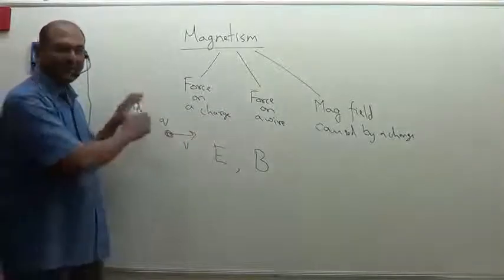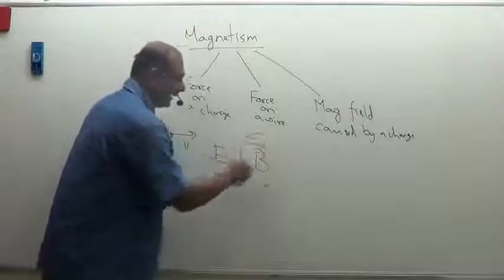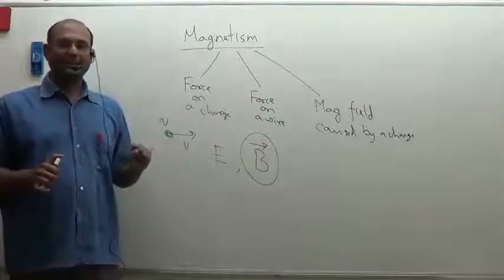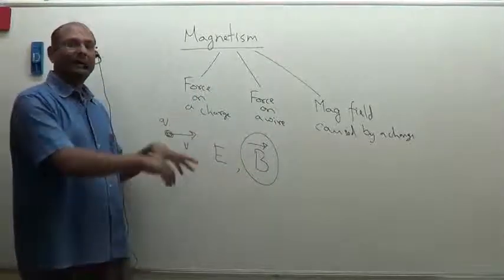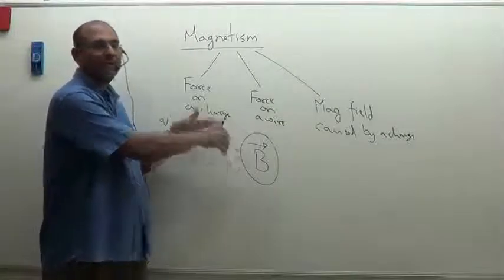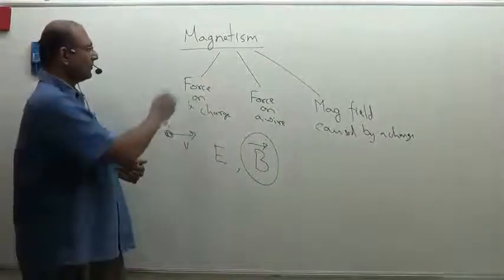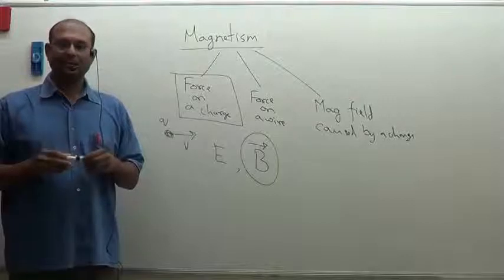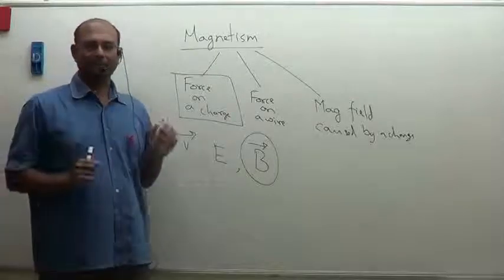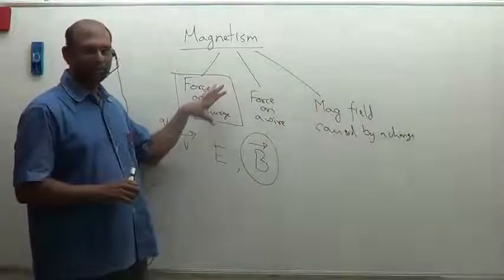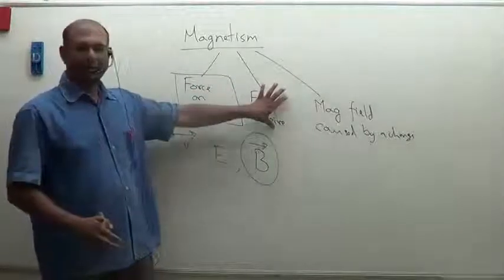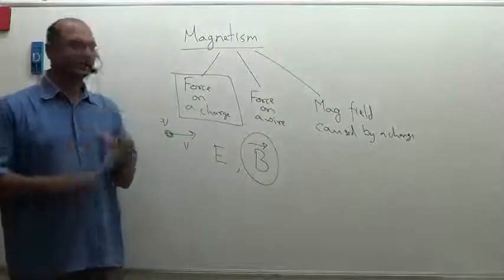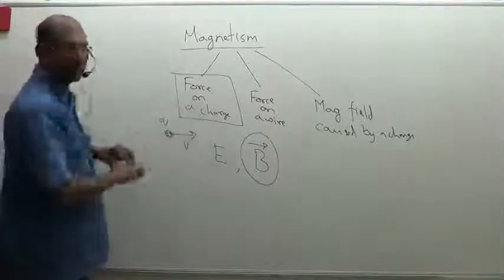So if I have a charge that is moving, it creates a magnetic field. Now that is not what we are going to study. We are not going to study how the magnetic field is created. We are going to study if a charge is in a magnetic field, what happens to it. So we are going to mainly focus on first the force on a charge when it is moving in a magnetic field. Okay, let us concentrate on this. Probably after that, if we have time, we can go to force on a wire, that is force on a current carrying conductor. So two different pieces. I am going to first focus on just this part.